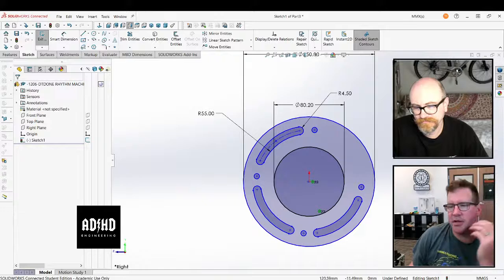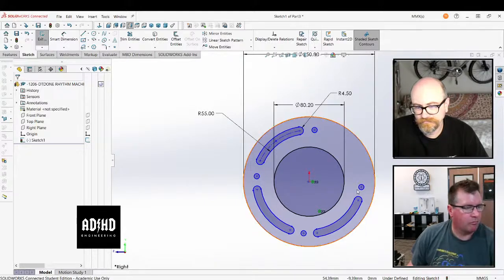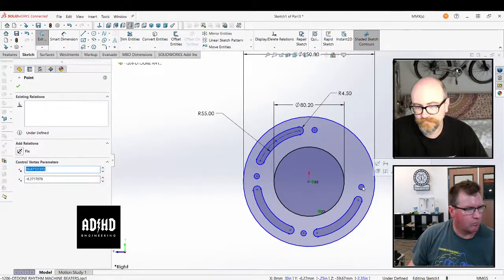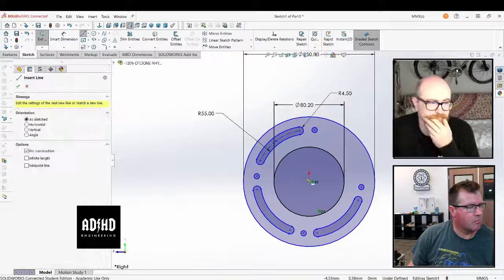Right, but if we're going to do this, the amount of relations I would have to add to make it a slot, you have a tangency relation at each corner. Yeah, you have a width. I know, but replacing a slot with a slot that's actually a slot, I get that you would replace it, but actually completely redrawing the part when you have it in front of you, I think that's just